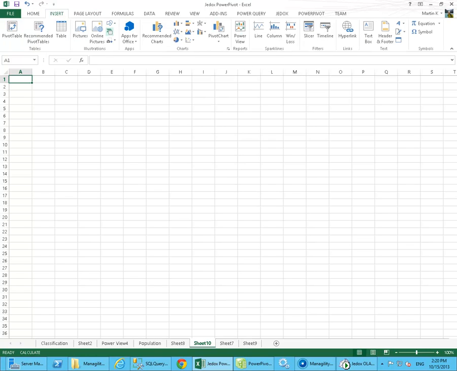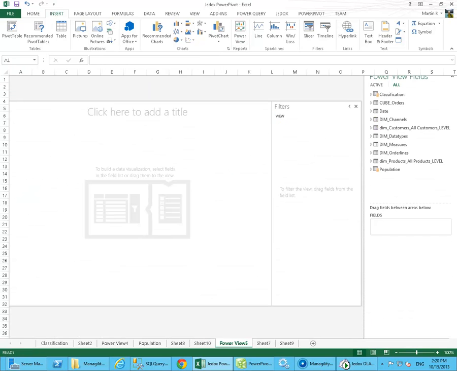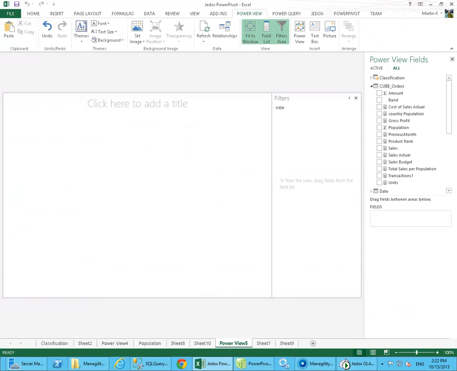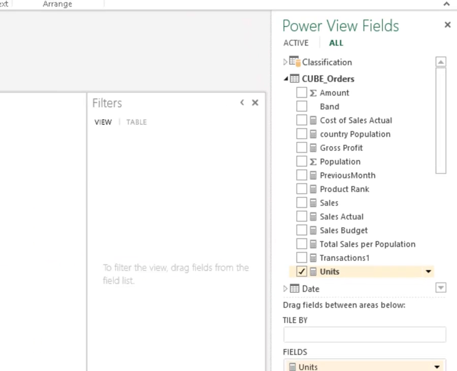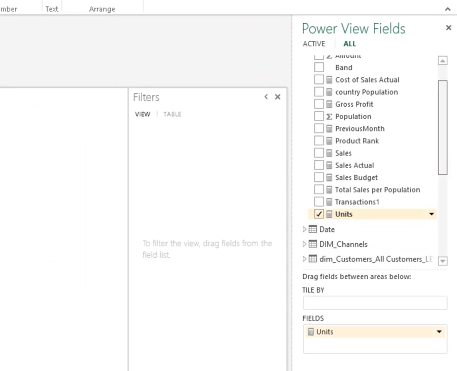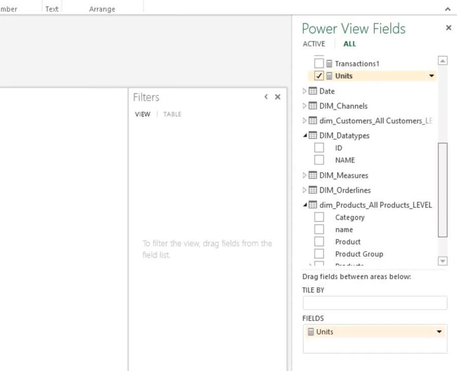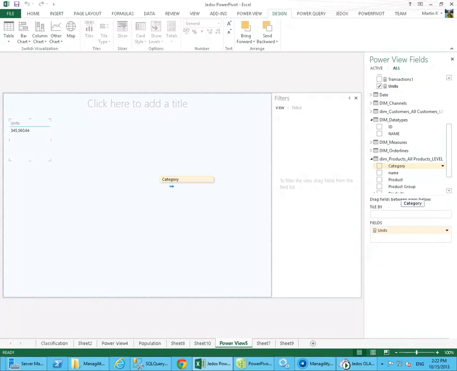I would like to conclude this video with a quick demo on Power View. Power View, another new feature in Excel 2013. So what we see here now is a blank Power View canvas, and Power View allows users to very easily define their own interactive dashboards. So here again is the Jedox cube that was synchronized into a relational database by PowerSync, and now we can take,